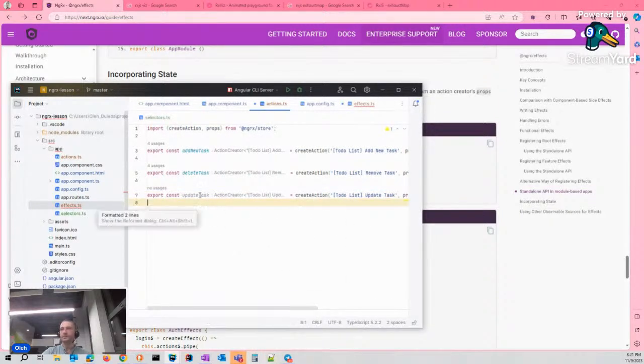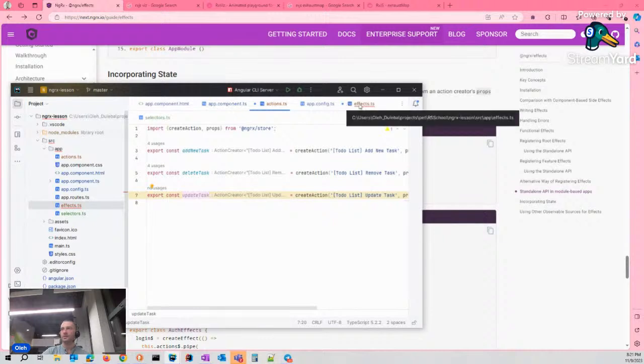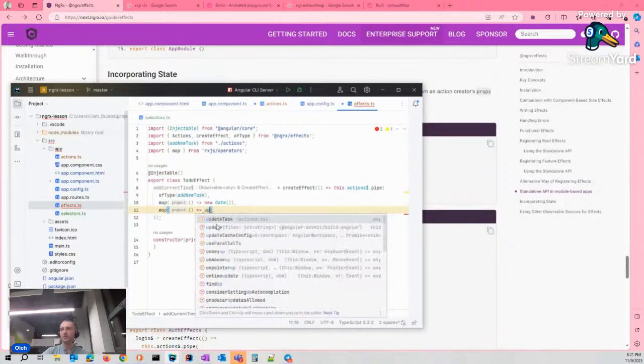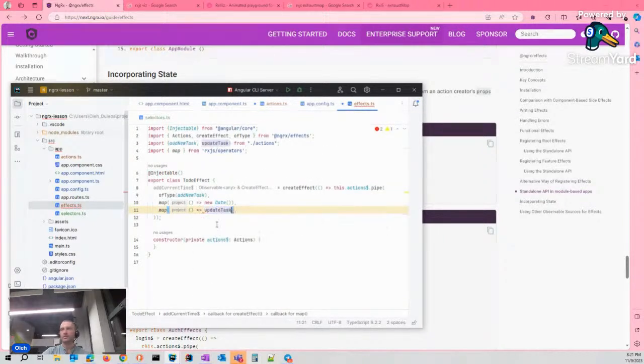Okay, and I have to use this update task in my effect. Return it back with some new data.